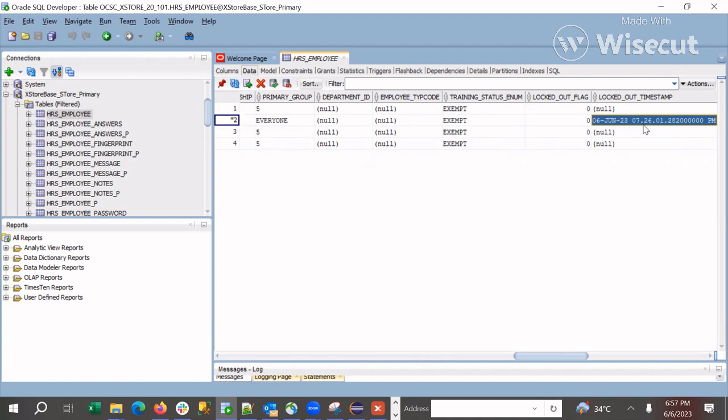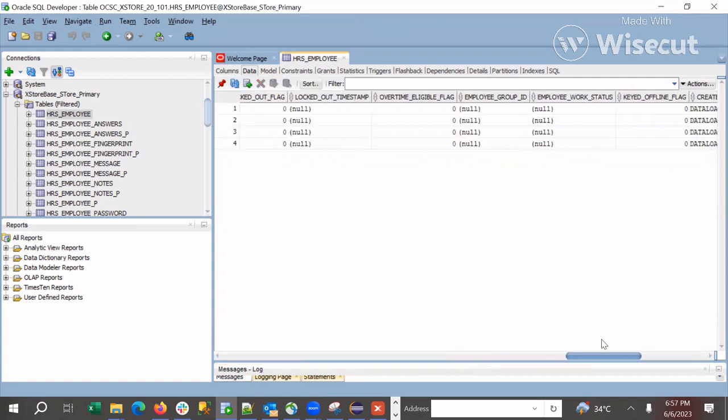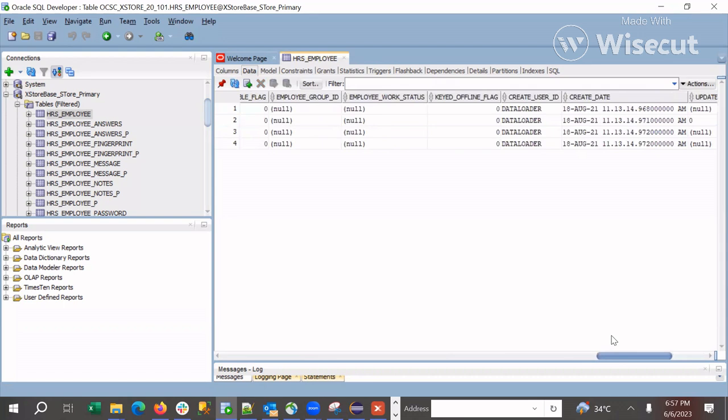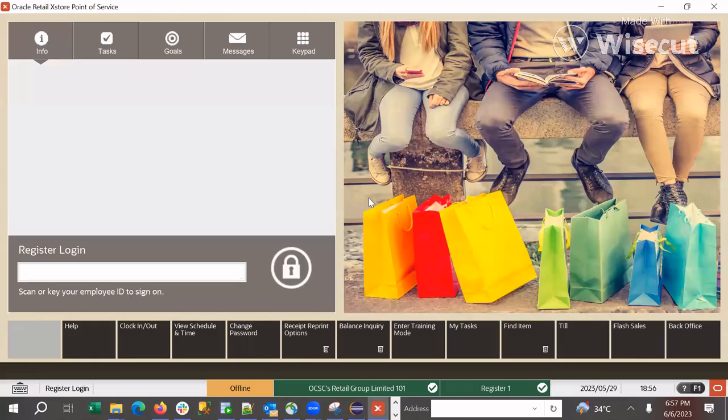Sometimes we don't need this one, but sometimes it becomes necessary to make it a null value. So you just need to remove this value, or you can run an update query as well. That's not any issue. I have just modified it here, and now you can see the locked out flag is 0 and the locked out time stamp is also null. So again, if I go and try to log in,